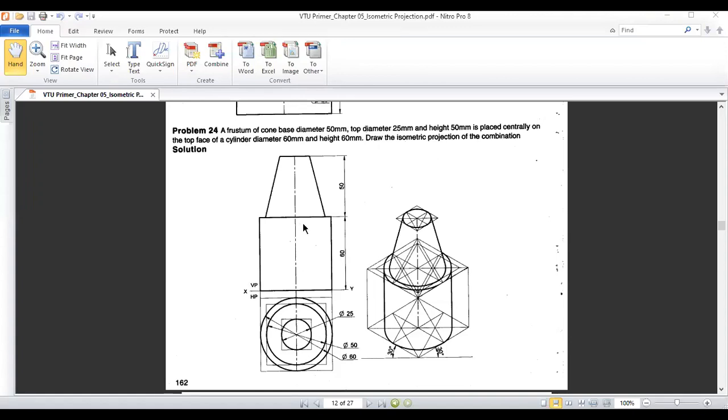So I'm supposed to draw the combination of these two solids. The important thing you should remember here is which solid is placed on what, and once again they say draw the projection of the combination and they are placed centrally. It means again the axes are on the same line, they are not on different axes. There is one more thing that has been stated here. So let us try to solve this problem.